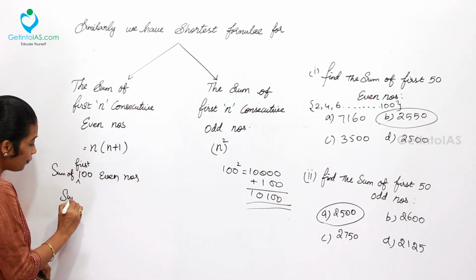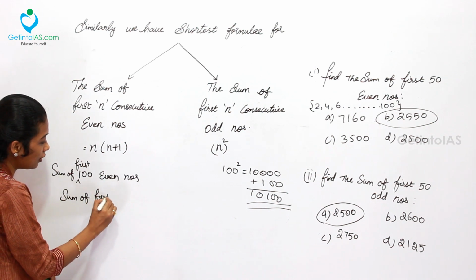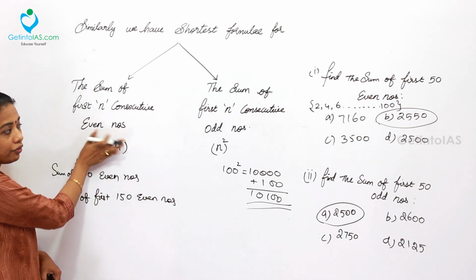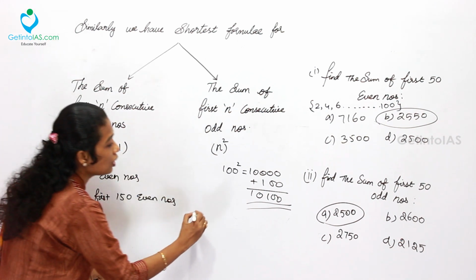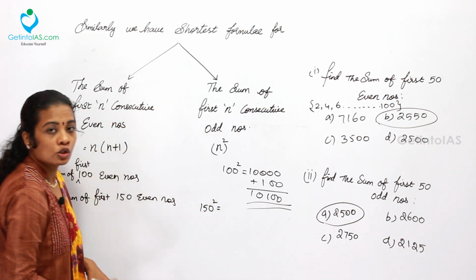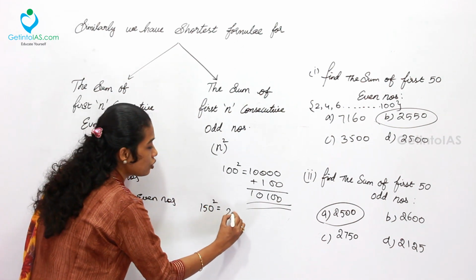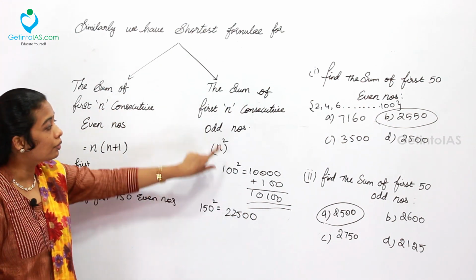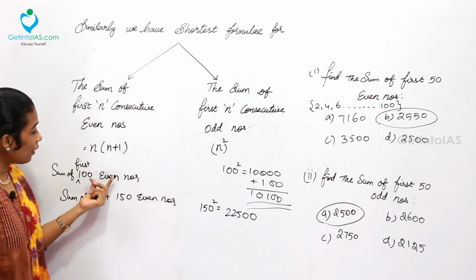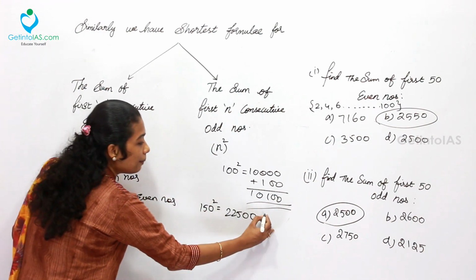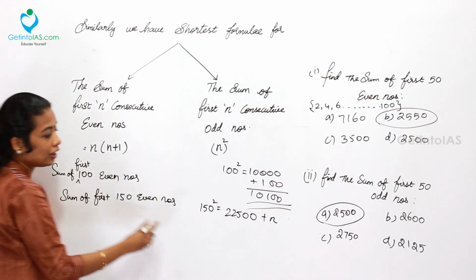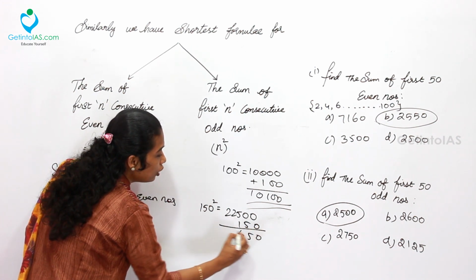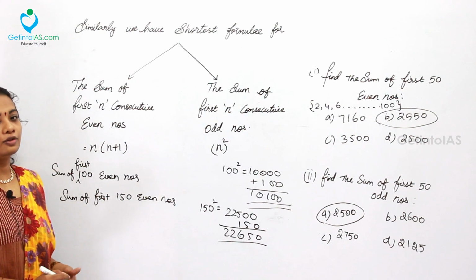Okay, now what is the sum of first 150 even numbers? Instead of taking this formula, first I am going to check with n square. What is 150 whole square? So 15 into 15 is 225, so 150 square is 22500. This is the square; this many numbers lie under the odd number series. While coming to the even number series, plus n, right? Simply, what is n? 150. So plus 150. Finally, I got 22650. That is the answer for this question.